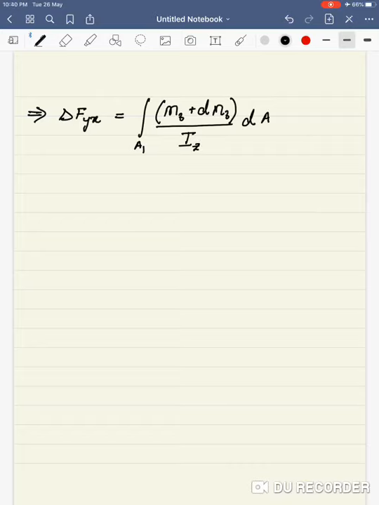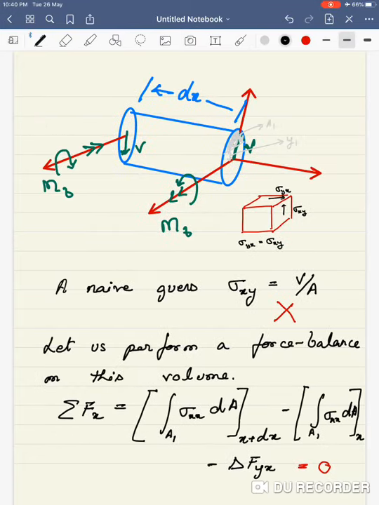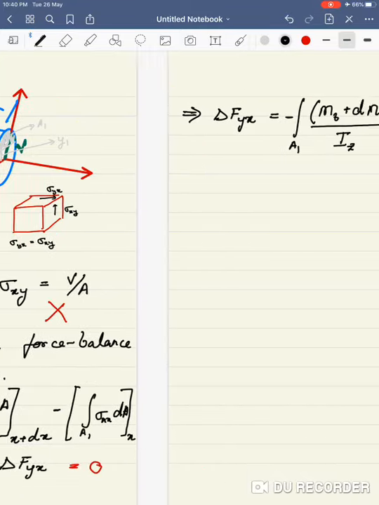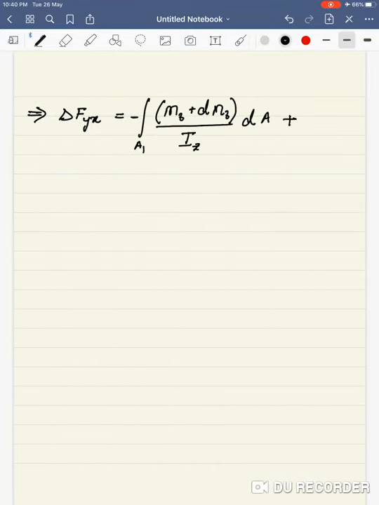I think I missed a minus sign here. Because of the flexure formula, there is a negative sign. Plus again the same integral, but this time only MB y dA over Iz, which gives me delta Fyx is equal to minus